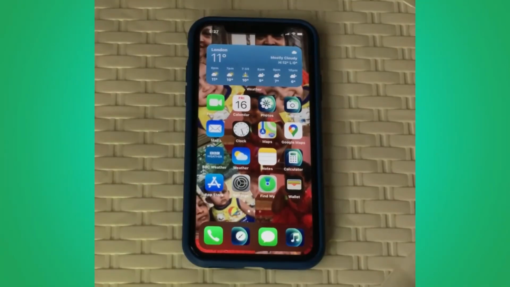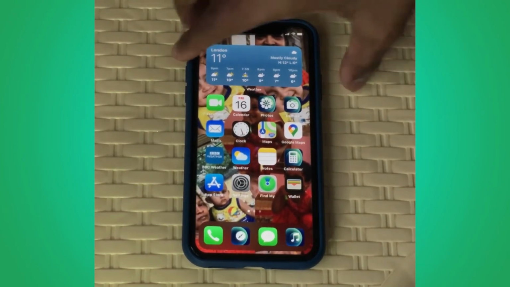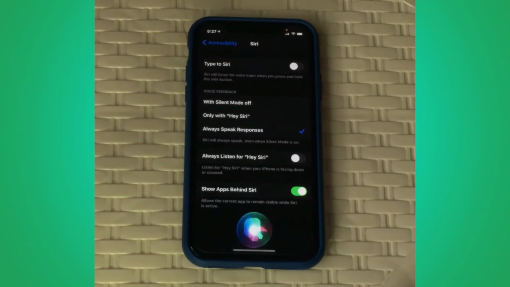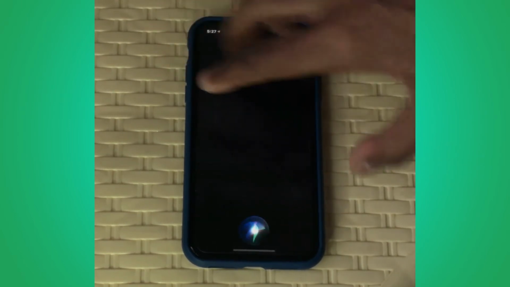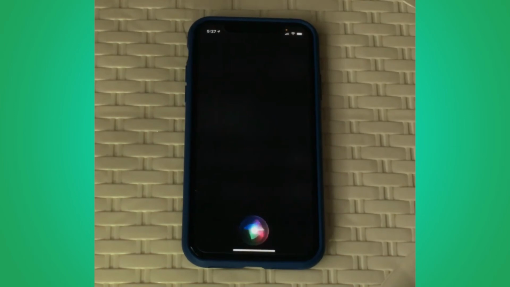And yeah, so guys, this next tip and trick is basically Siri on iPhone and iPad. Usually in iOS 13 Siri would be in full screen, but now in iOS 14 they changed it. This is how it will be. It will basically be like this, but this is what it is in iOS 14, while in iOS 13 this is how it was. To have this kind of feature, to bring back the iOS 13 Siri,